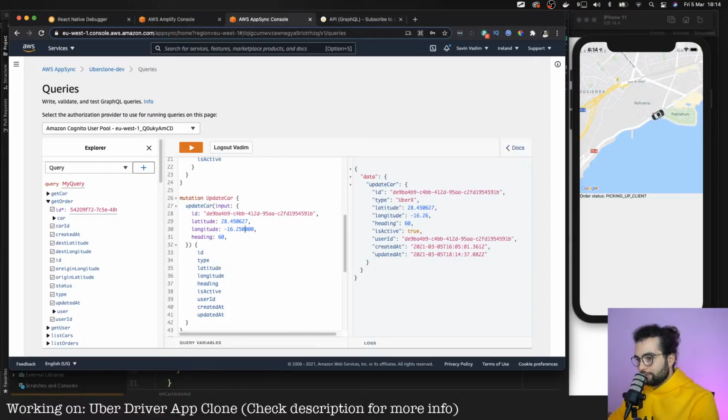Yep, it moves. 900, update car. All right, guys. This is really nice because we receive these subscription events and we are able to update the car in real time based on the changes that are happening in the backend.